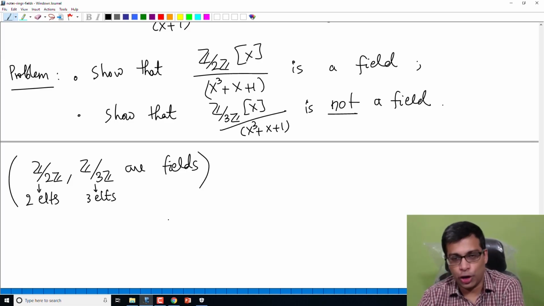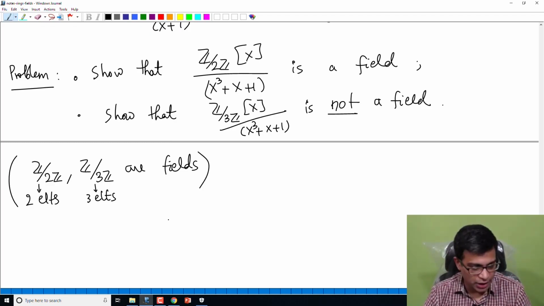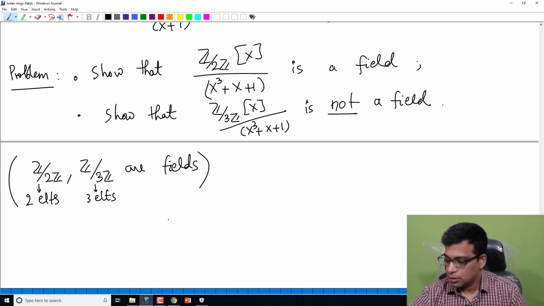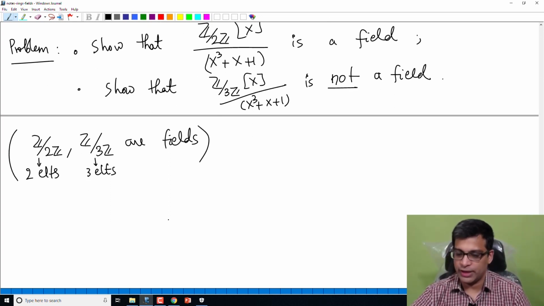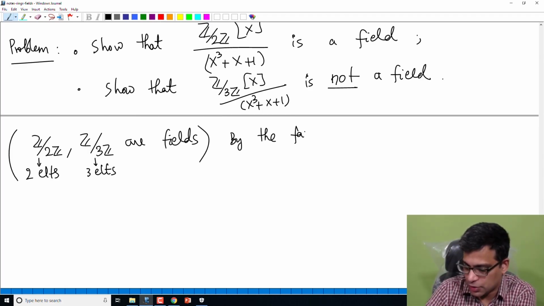So I take a polynomial ring over those fields, consider the ideal generated by x cubed plus x plus 1 and look at the quotient ring. In one case it happens to be a field, in the other case it doesn't form a field. So why is that? By the fact that I wrote at the beginning of this video,